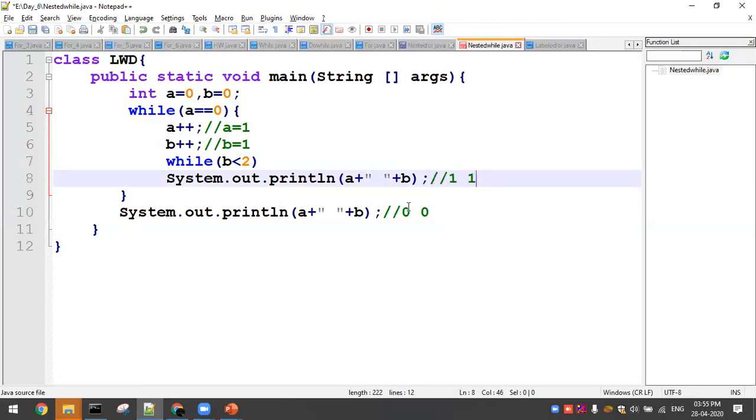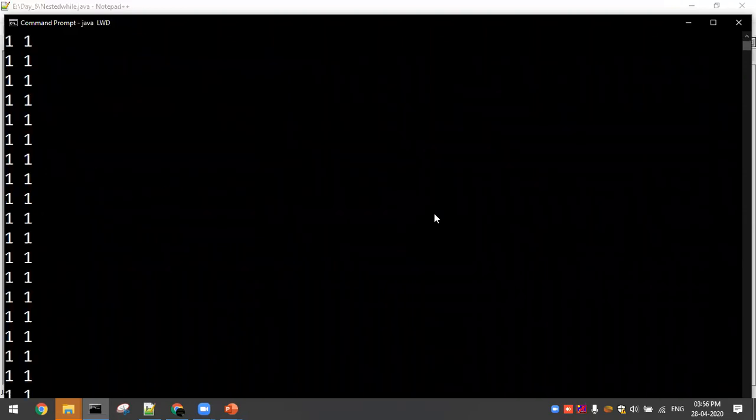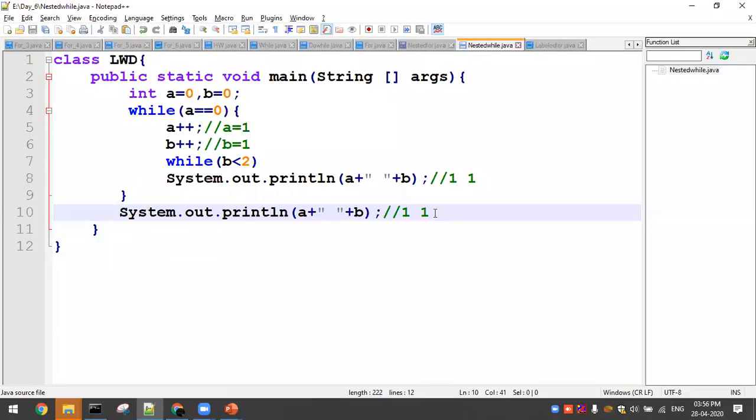After completing this, you'll be going back to the while again. A value 1 equal to 0, what will happen? False, it will come out of the loop. Again, you'll be printing the values 1 and 1. Got it? You'll be getting 1 and 1 twice, 1 and 1 for n times. You want the termination condition, right? A equal to 1 every time, so this is going to be an infinite while loop. So there is no term